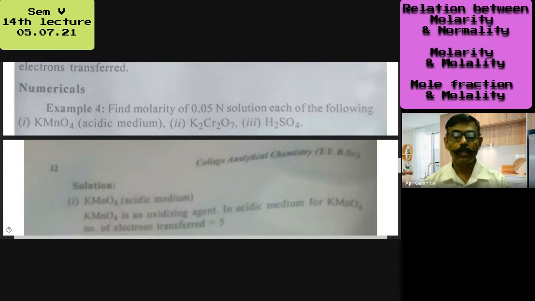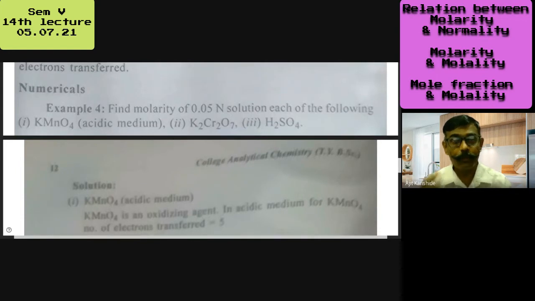Okay, good. But in that KMnO4, which ion is working for that transfer of electron? Oxygen. Okay. What's the charge on oxygen in KMnO4? -2. And after reaction also it remains -2. In H2O, oxygen has -2 charge. In KMnO4 also oxygen has -2 charge. So oxygen is not gaining or giving electrons, so oxygen is not involved in the transfer of electron.